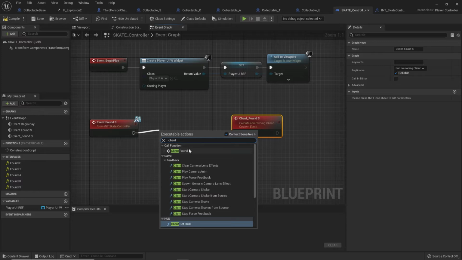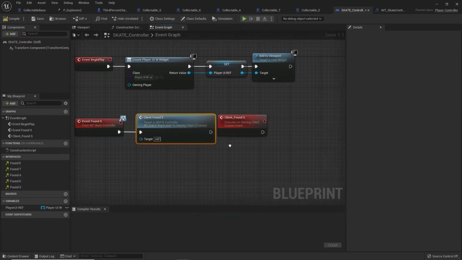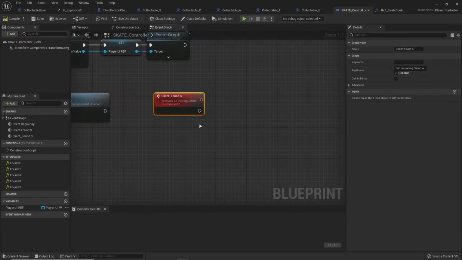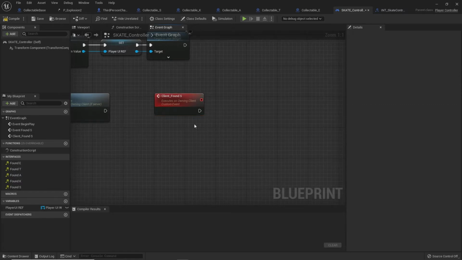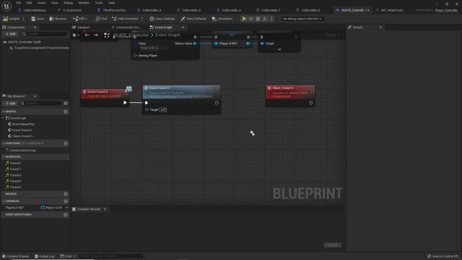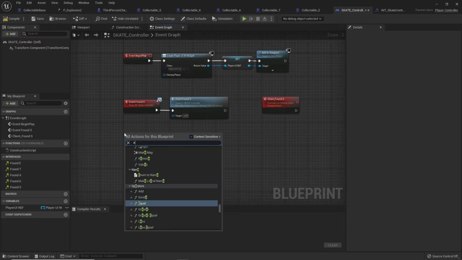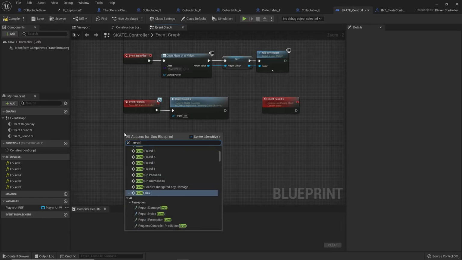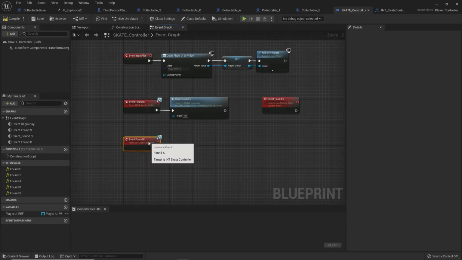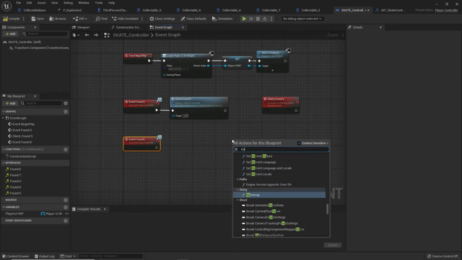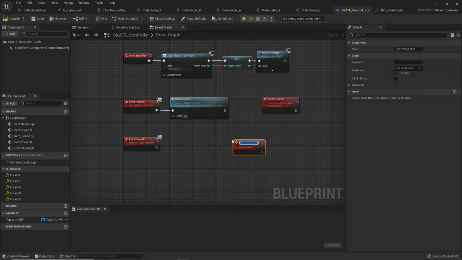Client found S. Set it up just like that, and we'll actually run some stuff here. We'll have the reference here, and we'll do that. But I'm just going to set it up. Event found K. Little repetitive, but